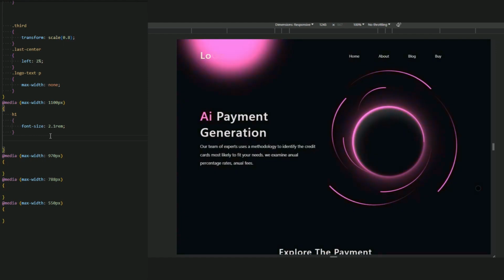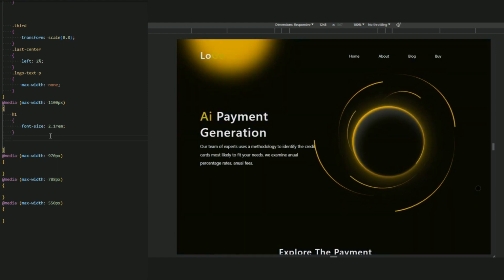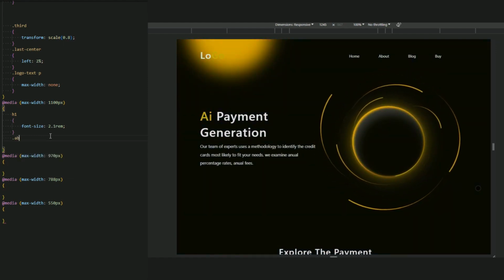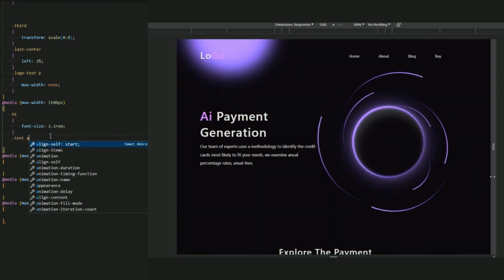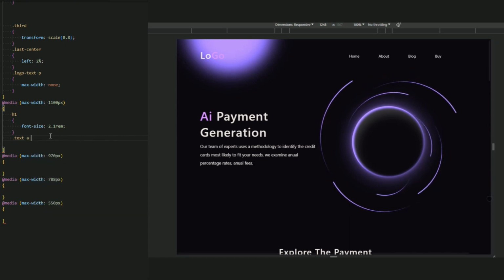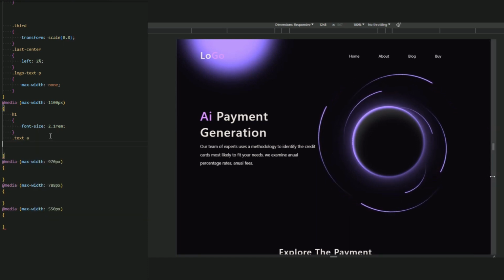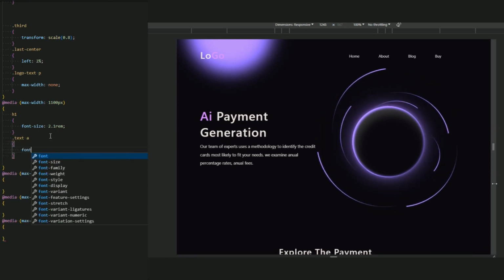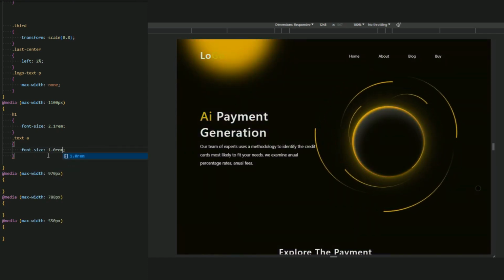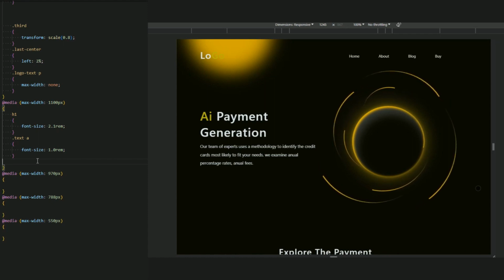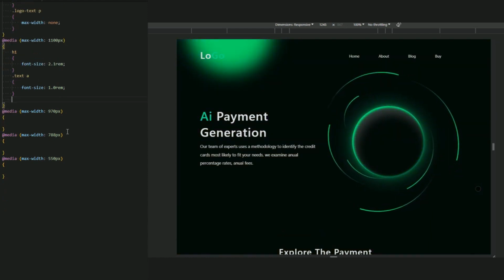Okay, now let me just style of this about text, or text a link. So text a, let the font size be a 1.0 rem. And now let me just resize of this home circle.